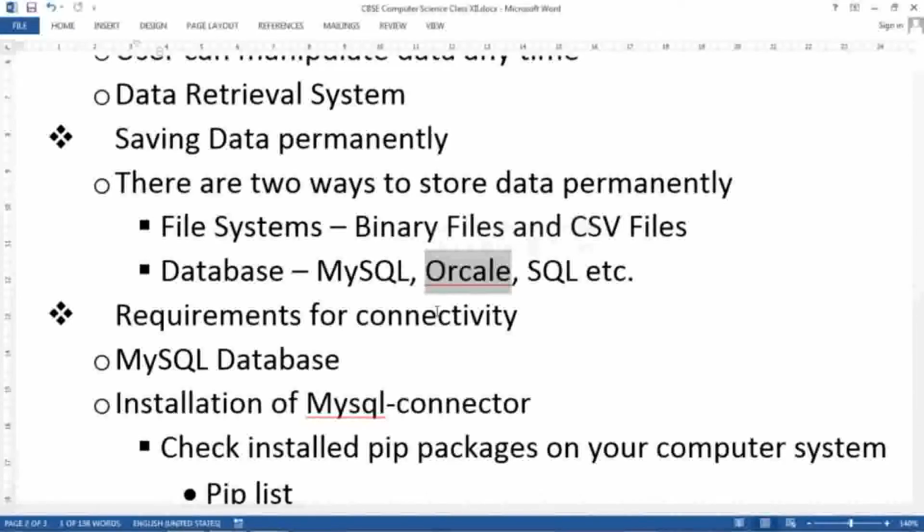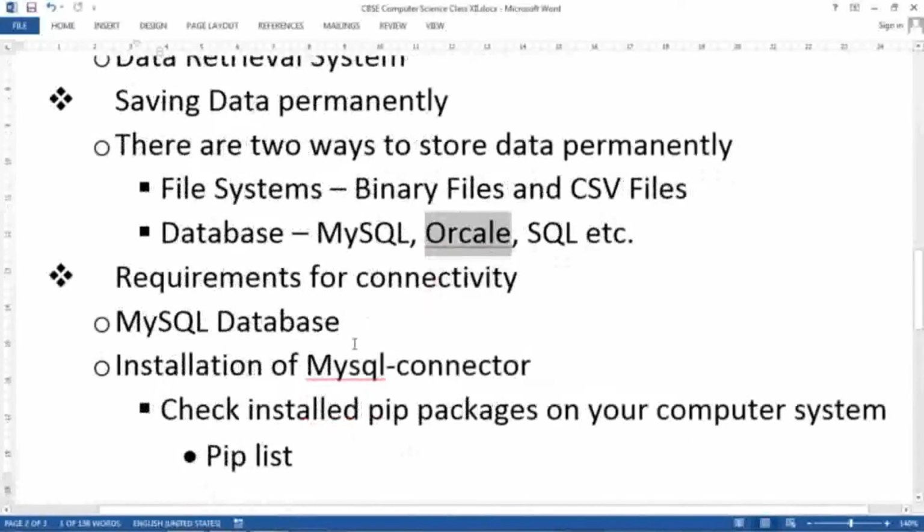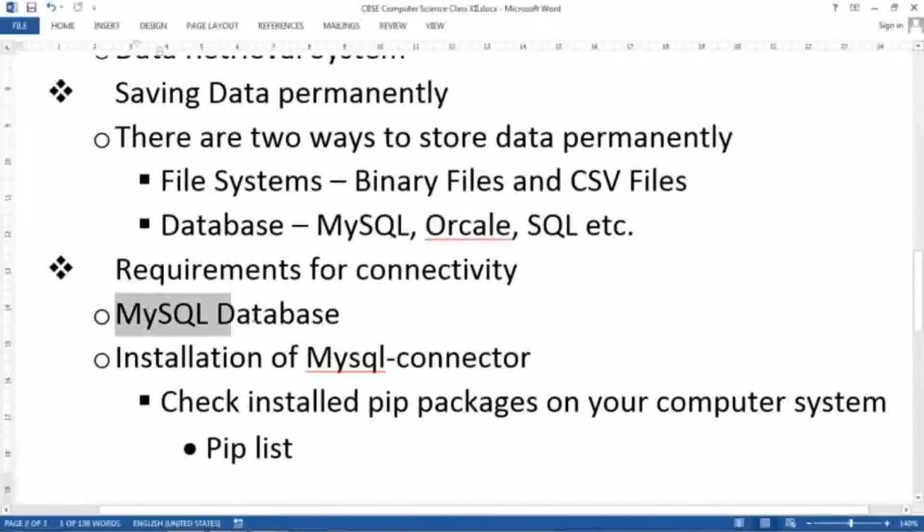There are so many aspects of database connectivity, like open database connectivity, that is ODBC. From open source you can create that connectivity. Second is JDBC, Java database connectivity. Similarly, this can also be considered PDBC, Python database connectivity. The basic requirements are as follows. First, you need a MySQL database, which you have to create or use.